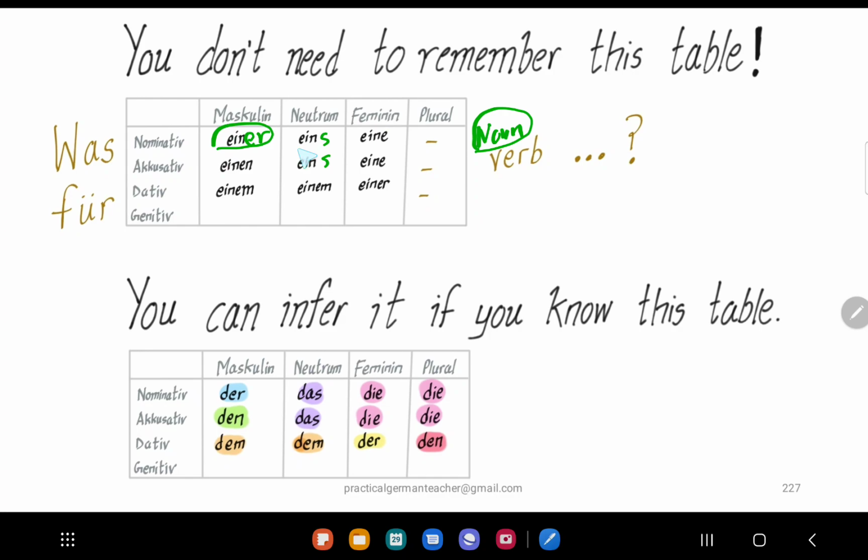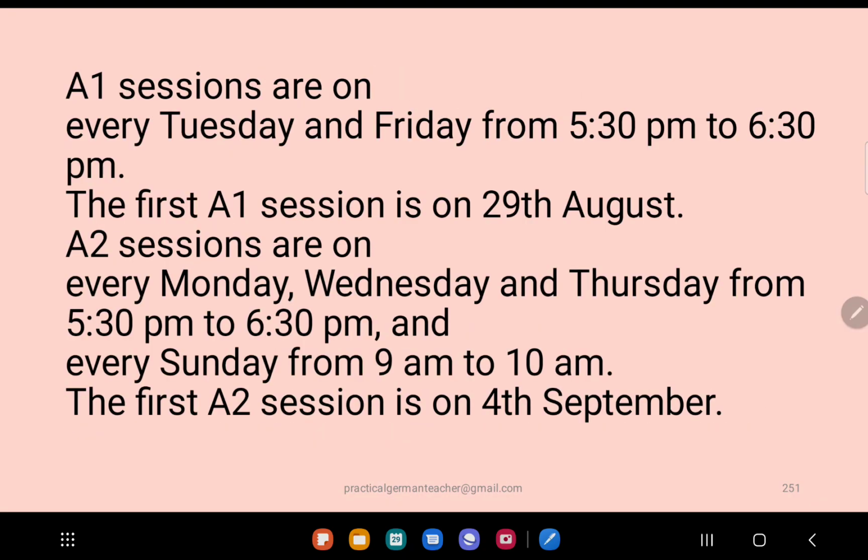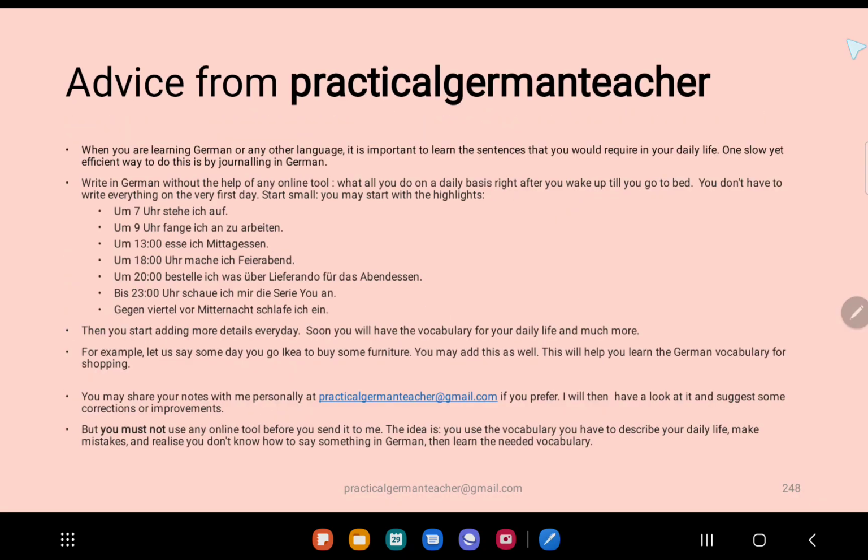Okay. Let's say if you want to say what kind of a child are you, again you'll never say it, but let's say if you have to say was für ein Kind bist du, if you leave out the Kind, it will be eins. Okay, so when you don't explicitly say the noun, you will have to say einer for masculine nominative case, and for neutrum, nominative and accusative cases, if you leave out the noun, you will have to say eins. Okay, so I hope you could follow this. Thank you very much for listening.